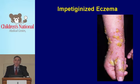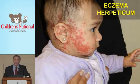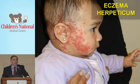So not that I recommend you put the patients on high-strength topical steroids at the time. I do on occasion, but I certainly will use emollients as well to try to help get the epidermal barrier reestablished. Now, here's another condition that we learn about in medical school and in residency,